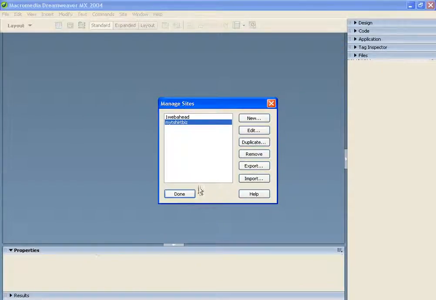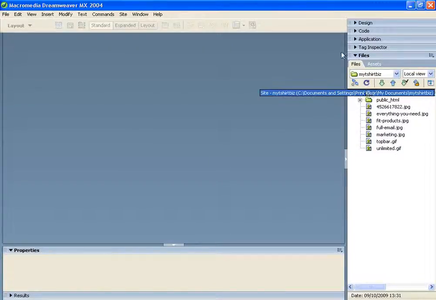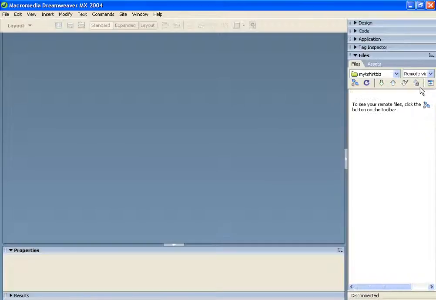And so when you've done, you'll just get this screen here, and if you click Files, this may already be open. This is the file manager, so you've got two options to flip between: the local files, so the files that are on your computer, and if you click it and click Remote View, you'll get this box here. Now there's nothing in there at the moment because we're not connected to the server. Now the remote view is the server view, so what's on your server, or the web pages that are on your server. So if you click that button there, it connects to a remote host,